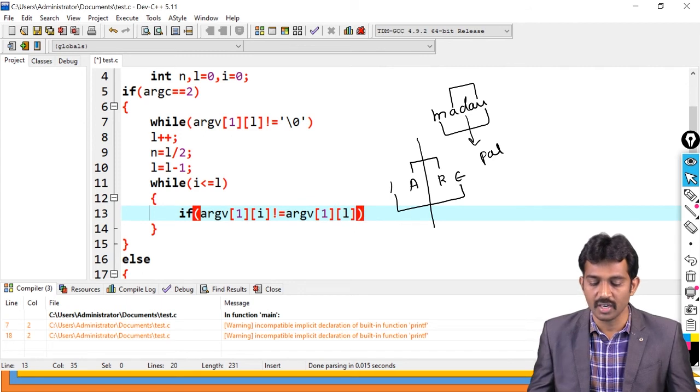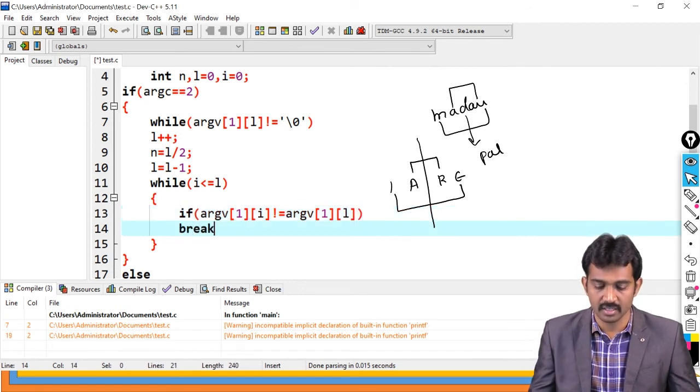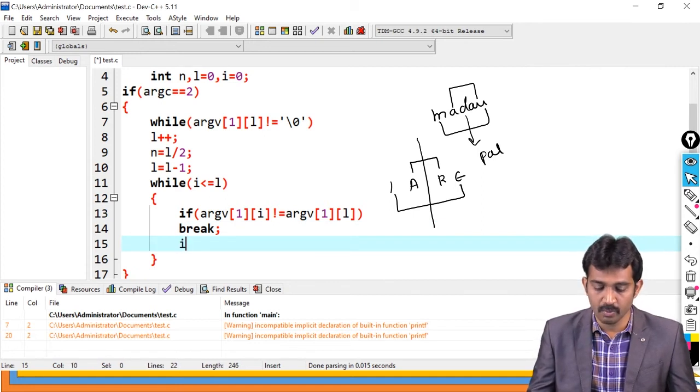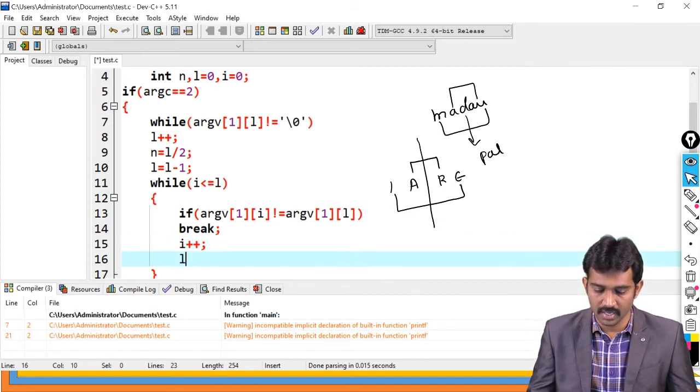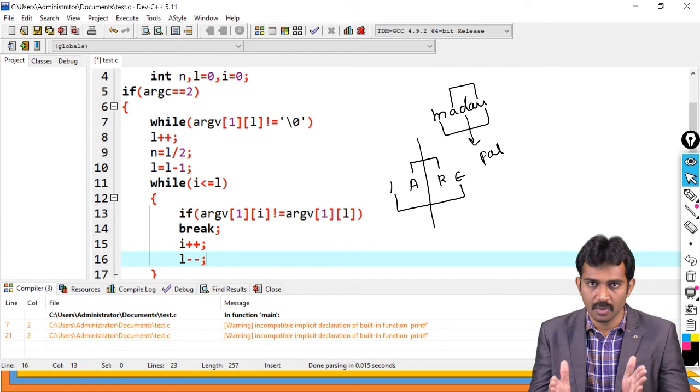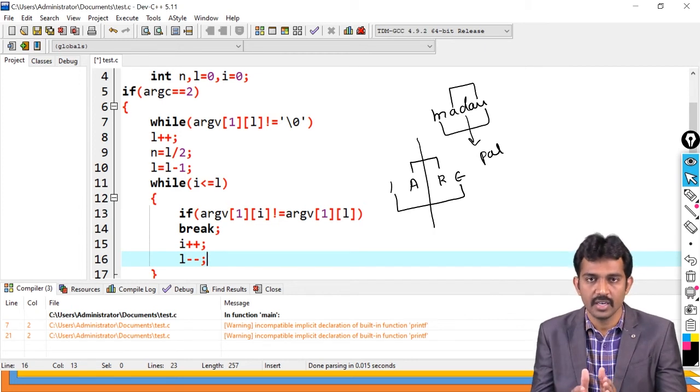When it is not equal, then simply you just use break, right? If it is not, what do you do? You have to perform I plus plus and L minus minus, right? I value is incremented and L value is decremented. So it comes to next characters. You can check these two characters.